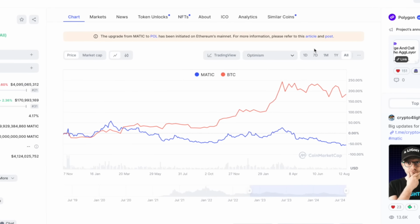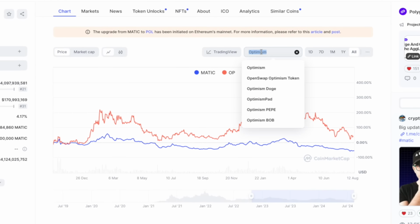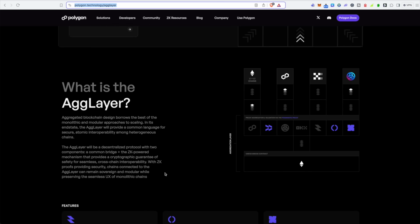First off, Matic is an old token. Polygon was really popular last cycle, and for whatever reason within the crypto space, everyone loves the shiny new thing, and they tend to hate the older tokens, or they tend to ignore all the older tokens. On top of that, most people that I talk to have literally no idea what the AggLayer is,